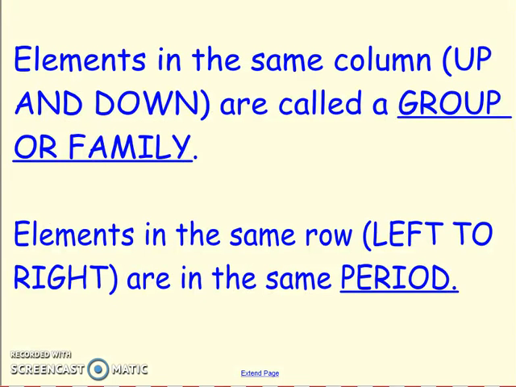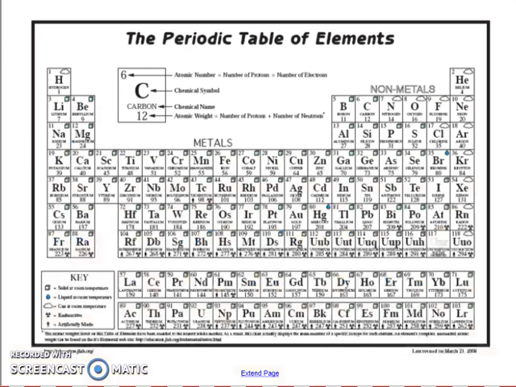If you go the other direction, elements in the same row from left to right are in the same period. So I think of it this way: if you're going from left to right, you're writing the sentence, and then there's your period at the end. They're horizontal rows. So if we look back at our periodic table, okay, so if we read across